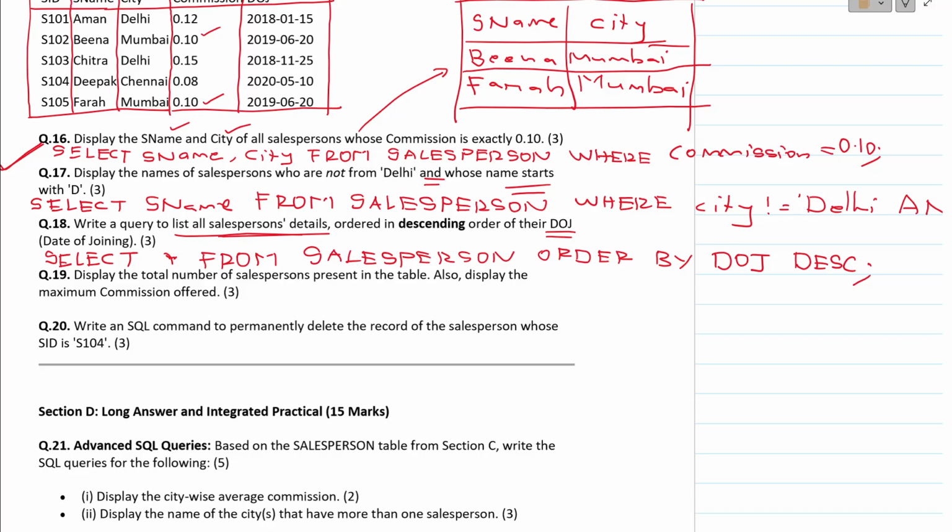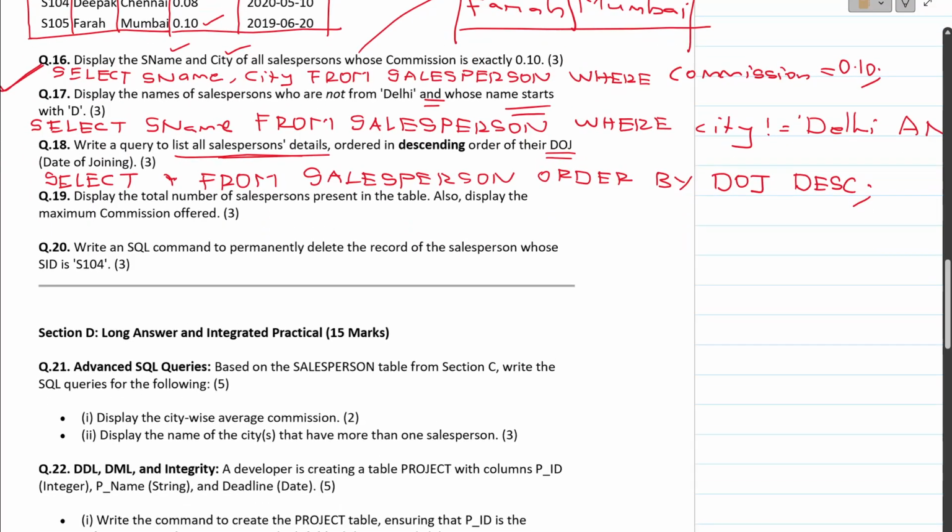Easy? Yeah. Number 19. Display the total number of salespersons present in the table. Also display the maximum commission offered to them. So there are two questions. What we need to display? Total number of salespersons. Total means what? I will be using the count command. So select,